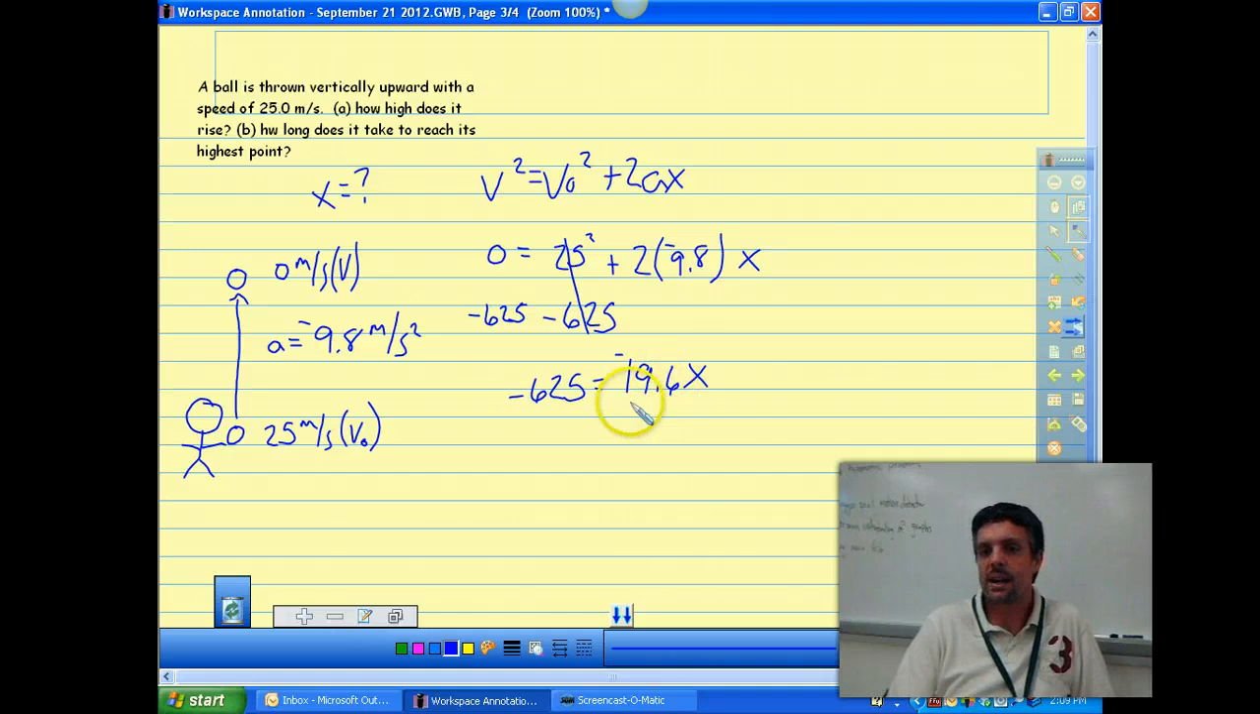What's left? I got something here being multiplied. Do the opposite. I'm going to divide, canceling that. See, I got to be left with only one little thing over here on this side, and it's got to be left with just a letter. And so divide by negative 19.6. Okay? It's a little sloppy, but I'm sorry. This is how we've got it right on here. This ends up being